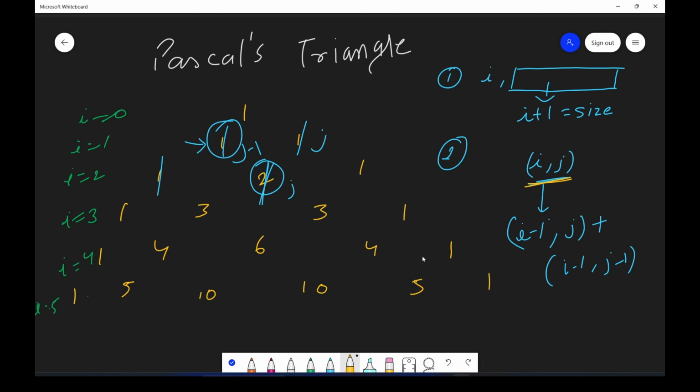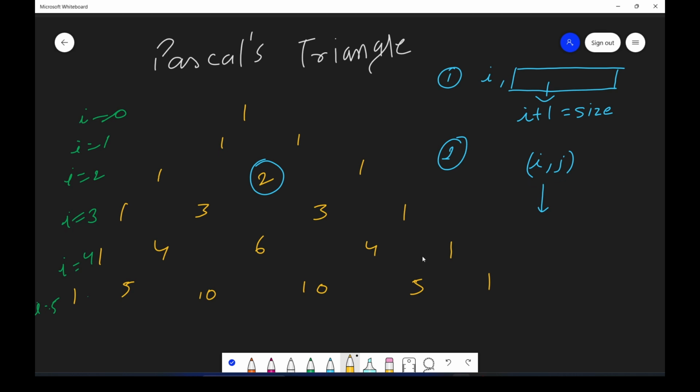Okay, this is one observation. I hope you understood what we are trying to do here. These are the two observations. Now let's see the last observation. Let me clear this out so that you're able to see the triangle properly.